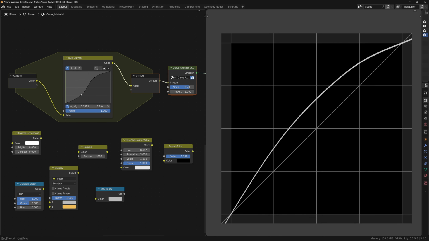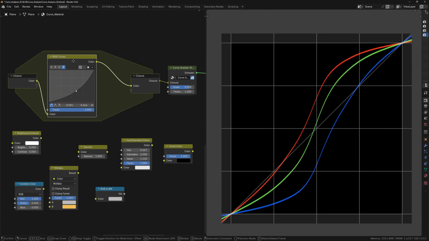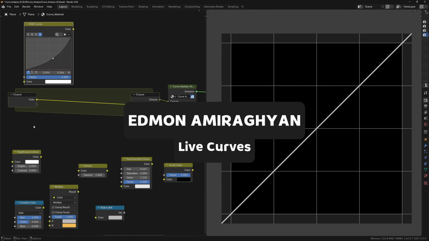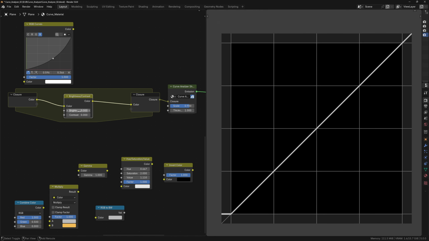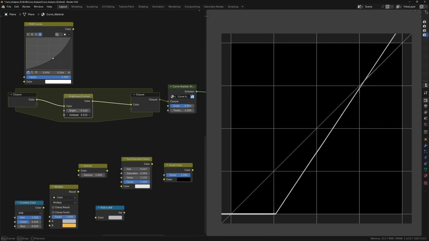Today, I'll show you how to visualize any color correction tool in Blender as a curve. We'll build a small setup that I call Curve Analyzer. The idea for this tool comes from Edmond Amir again, who created a similar project for Photoshop called Live Curves. Here we'll adapt this idea for Blender and see how Curve Analyzer can help us understand the behavior of different color